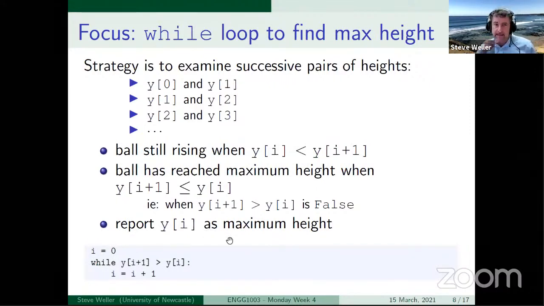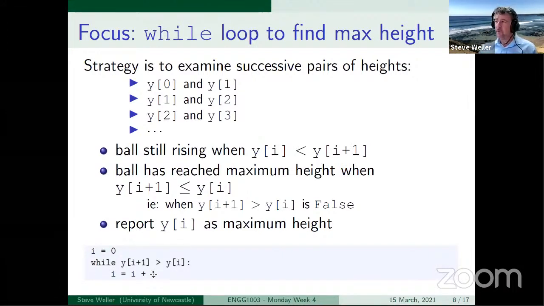So in this case, we can use a while loop to find the maximum height using the code shown at the bottom of slide 8 here. You'll notice that in this while loop, just like the while loop when we counted from 1 to 10 at the start of the lecture, we need to initialize the loop index before the loop header, and then we need to increase the loop index inside the loop body. The only indented statement is the increment of the loop index.